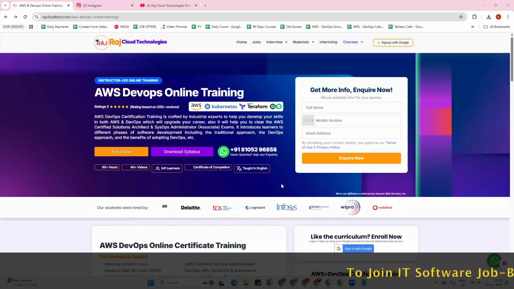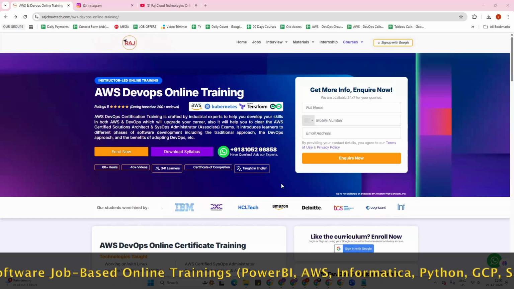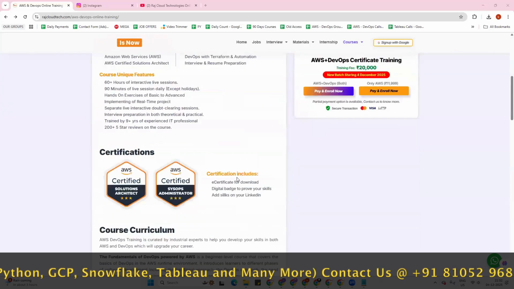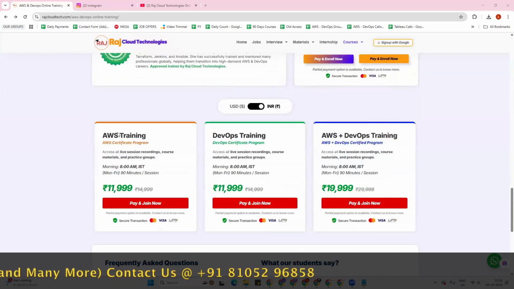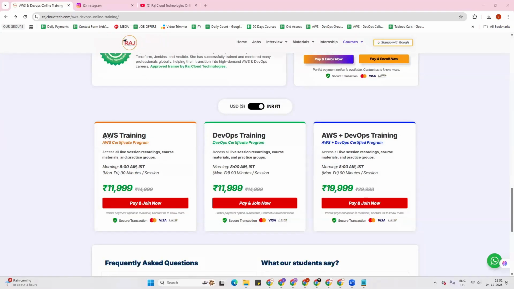Good question. I can see from Tasneem there is a question: for freshers, is AWS good, or DevOps? See, you need to go with both AWS and DevOps. Why have we separated these for you? There are some professionals who are already working on different things. They want to recap AWS, or they're currently working on Snowflake or some other cloud technology and just want a glimpse of AWS, so they don't need to pay the complete fee as they have only part of the requirement. Only for those people we have separated these two courses. Got it? For freshers you need both the content.